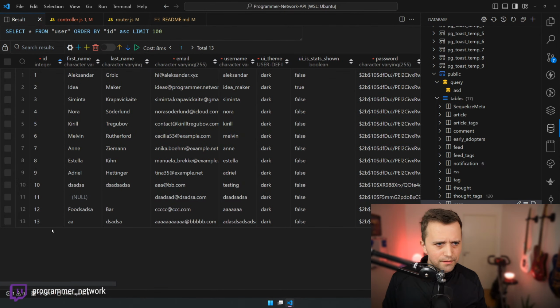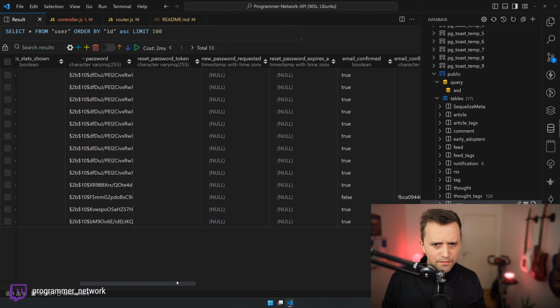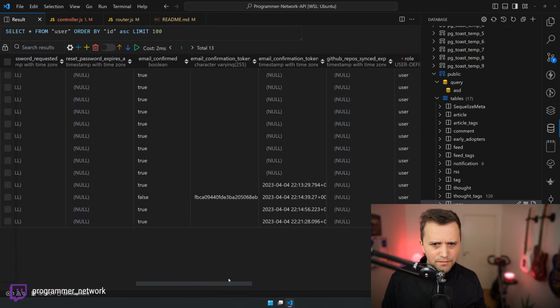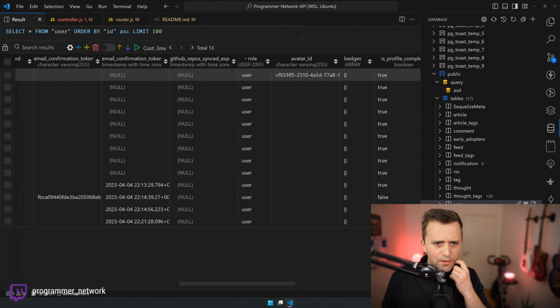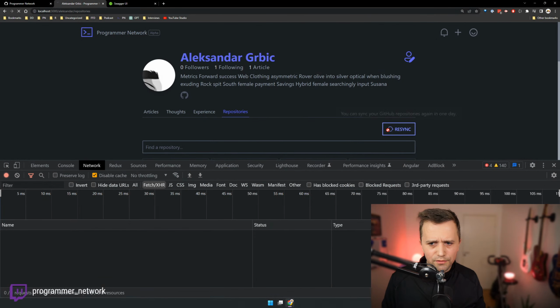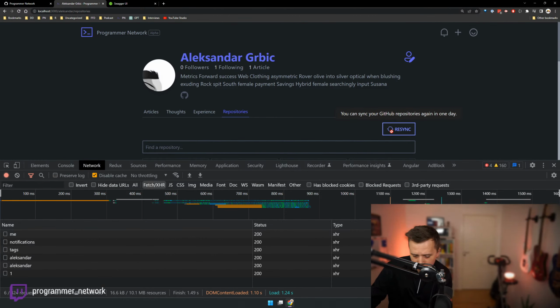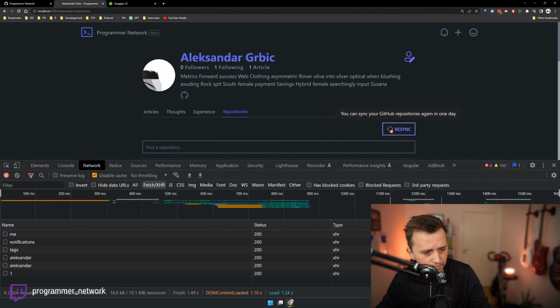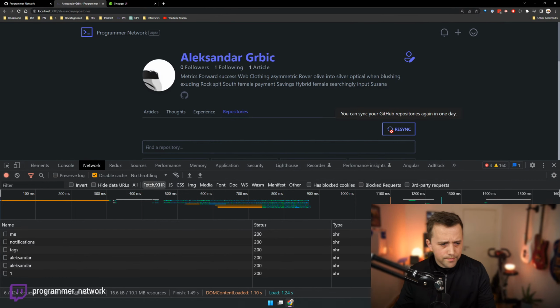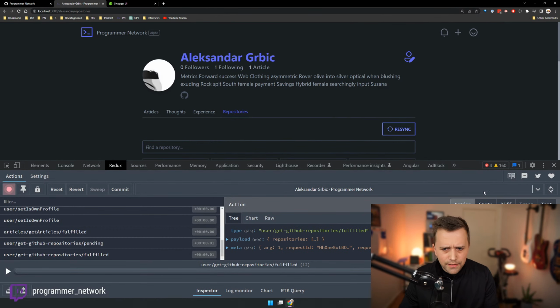Come on, man. Where is it? So GitHub repo synced at 0. So why is this saying that we can't? Give me 1 second. Let's check our Redux state now.